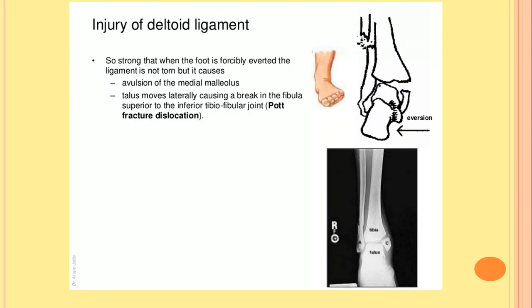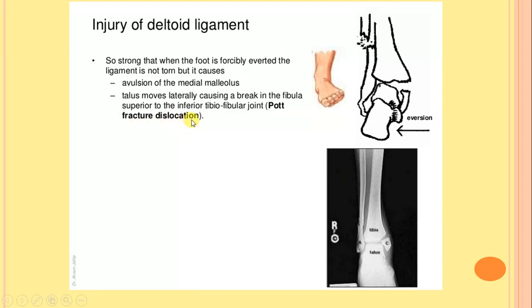Medial ligament can also be injured, but it is so strong that when the foot is forcibly everted, the ligament is not torn, but it causes avulsion of the medial malleolus. Here we can see avulsion of the medial malleolus, and along with that there is fracture of the fibula, and the talus moves laterally, causing a break in the fibula because the talus is moving in a lateral direction, and it will cause